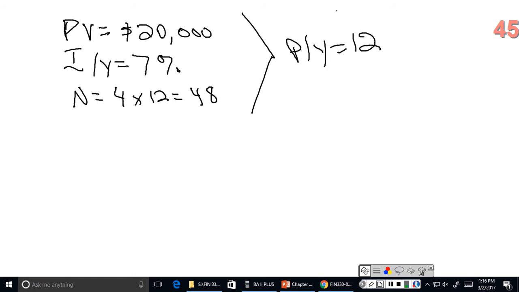Now, some of you may be thinking, if I change my calculator to 12 payments per year, why do I have to go through and do this multiplication process that we did here? Okay? I'm going to simplify it for you because it's a little difficult to explain. But basically what you're doing is, because of the difference between the nominal rate versus the effective rate of interest, when you multiply by 4 times 12, it's allowing you to use the correct interest rate. Now, you could do without that if you went through and calculated the effective interest rate and entered that, but it's typically easier just to do it this way. Okay? Once we have this information,